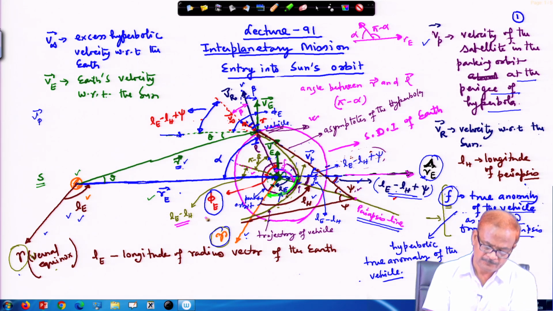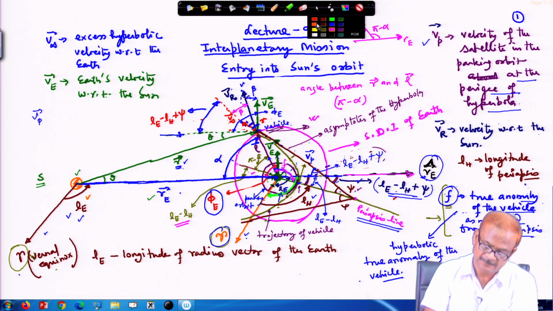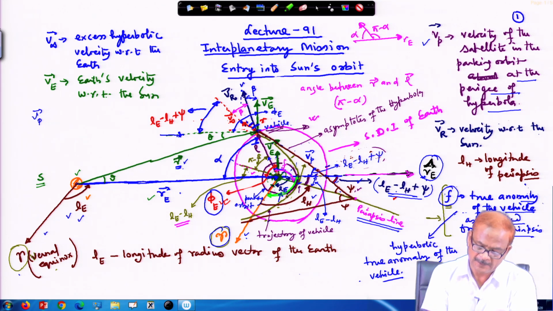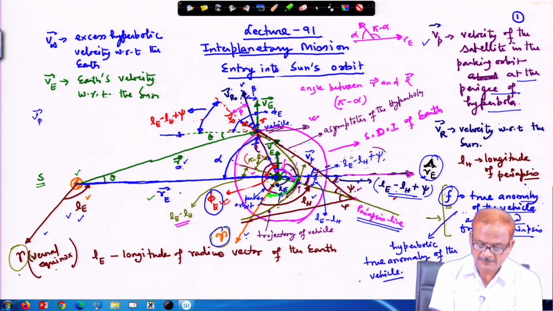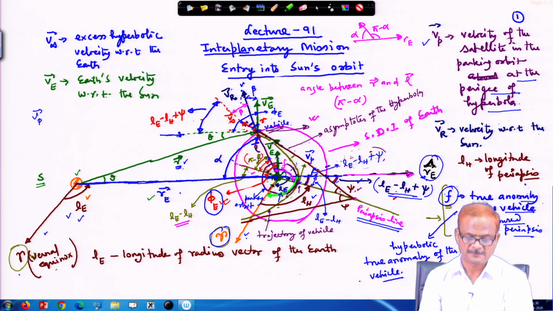Then phi is the angle between the RE vector here and the VE vector, as shown by the red line. Okay. As shown by the red line here, this angle is your phi. Okay. All the angles need to be written carefully. So, by pink we have shown the F angle. So, you can see that this is your phi minus F angle as shown here. Okay. So, this angle is phi minus F, I am showing again by red line.